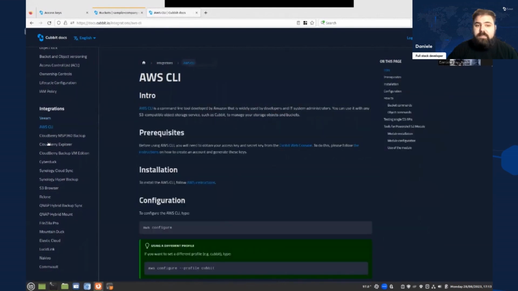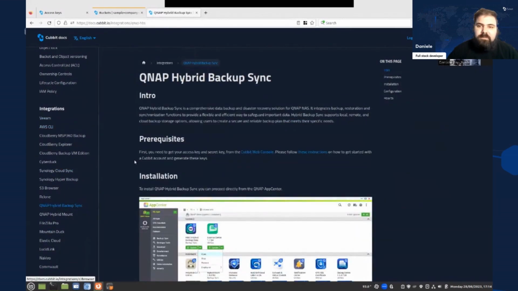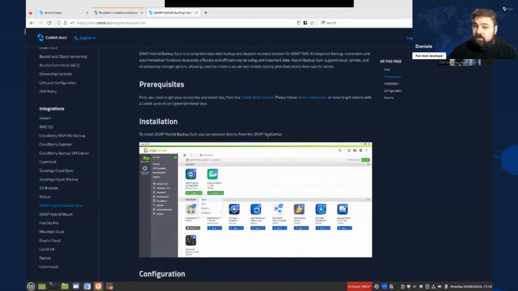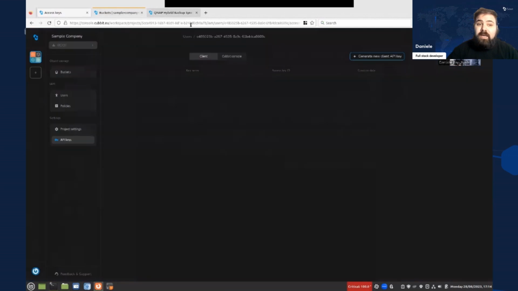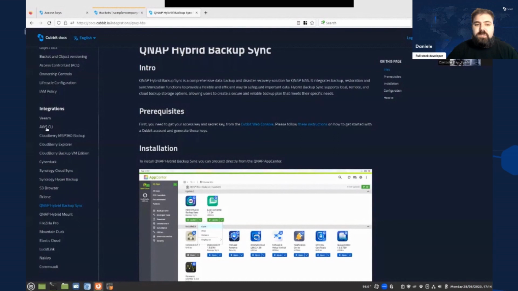We have guides that guide you on how to configure those clients. Almost every client that you have to configure has some steps that are mandatory. First of all, you will need API keys. So let's create a new key, for example, a key for Vim. I will call the key Vim in order to remember what this key will be used for. We have an access key ID and a secret key, and we will be able to use those keys inside